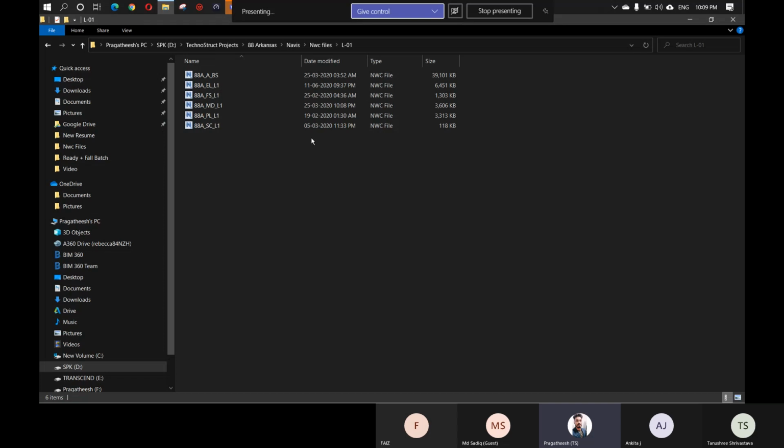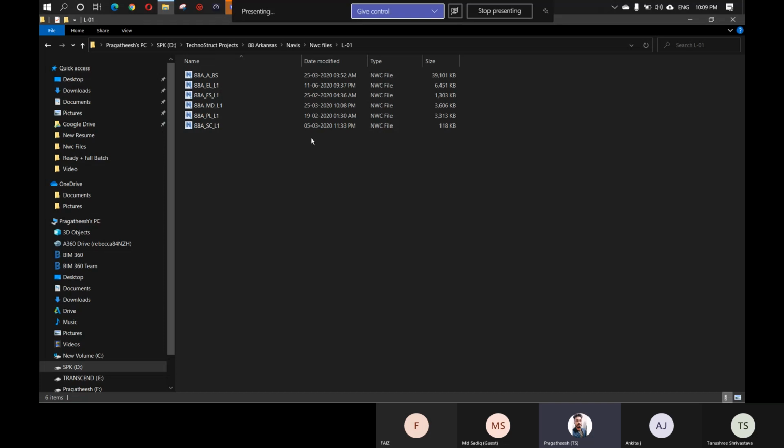So after this meeting, we'll be getting all the C files from the other stakeholders, right? As I said, in this project we are working for electrical, so the mechanical, firefighting, plumbing stakeholders, we'll be receiving these files from them. Once we have received those files, we have to rename them to exactly this name and replace them in this folder.